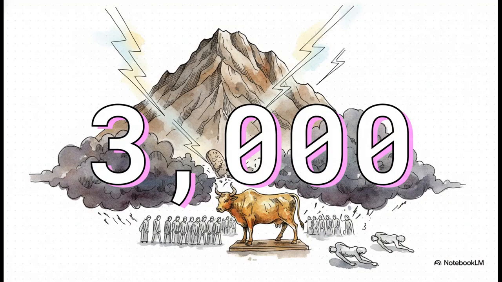And this is where the pattern reveals its most dramatic and, frankly, chilling contrast. At the giving of the law at Sinai, the people almost immediately rebelled. They worshipped a golden calf. And the consequence? 3,000 people died in judgment. The covenant began with a stark reminder of what happens when you break it.